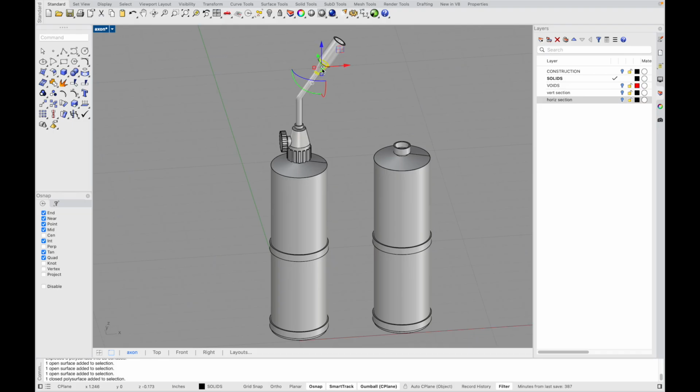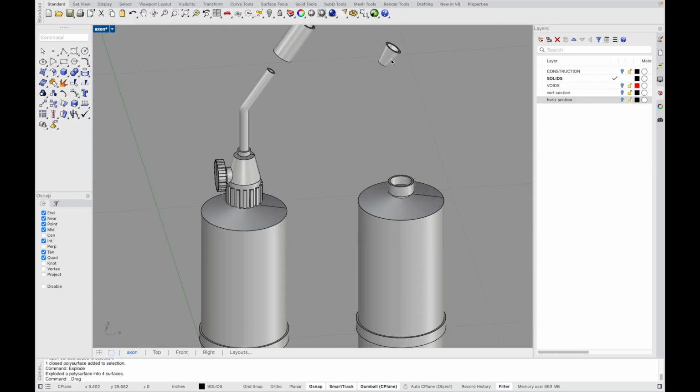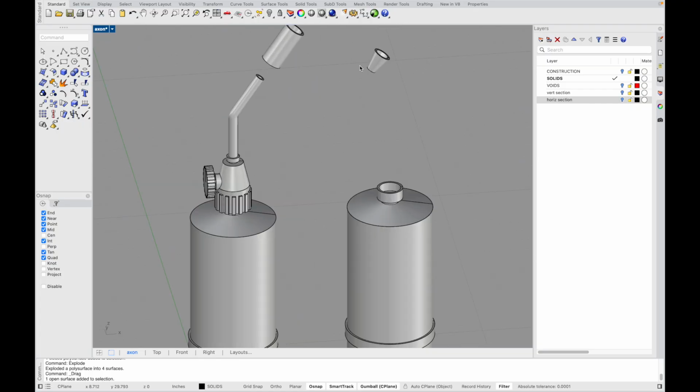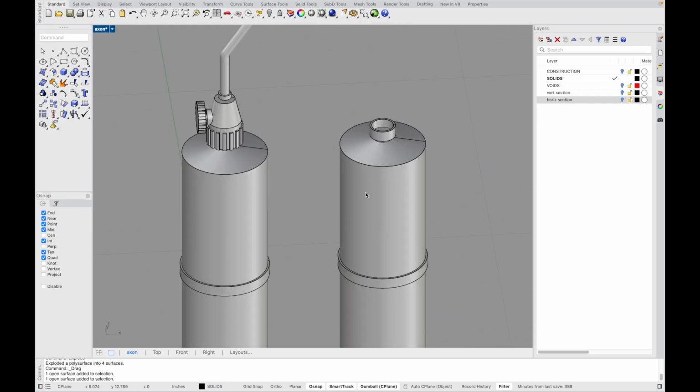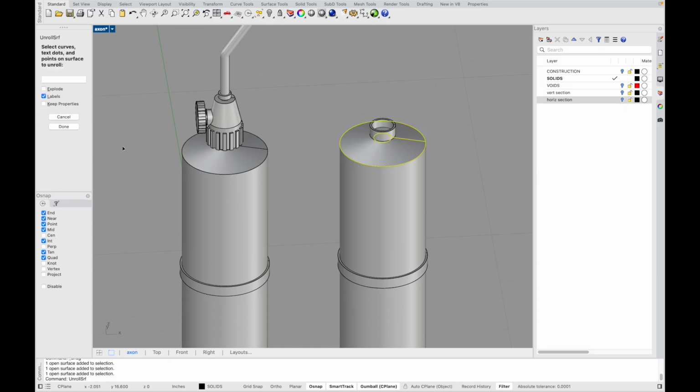I'm going to do the same thing over here. I'm making a mess of this model, guys, so don't do this on your original one. Make a copy of all this stuff, but this is just for this demo. Okay, cool. Check this out. If I do something like this thing, that's going to be hard to figure out how to make, except Rhino will help me figure it out too. Because if I take this guy and I say unroll surface, and I say, okay, done,